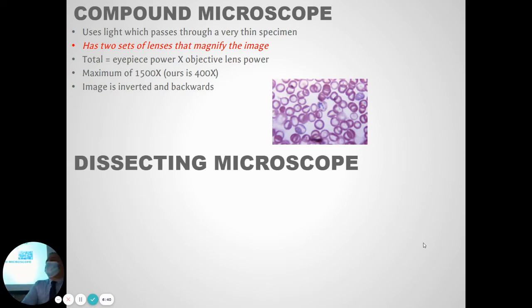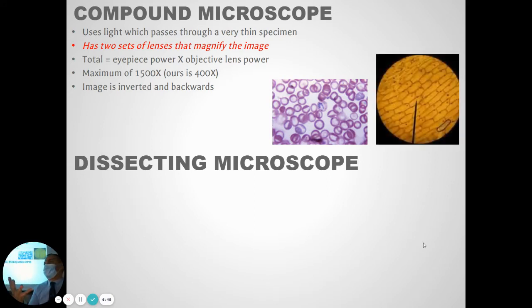So here's what it looks like. You see a very flat image. When you look through the compound microscope, it's a two-dimensional image. Also, the things you look at have to be very thin. Because of the way the microscope works, light needs to pass through your sample to get to your eye. So you can only look at very thin things. You can't look at your hand under these compound microscopes because light can't pass through your